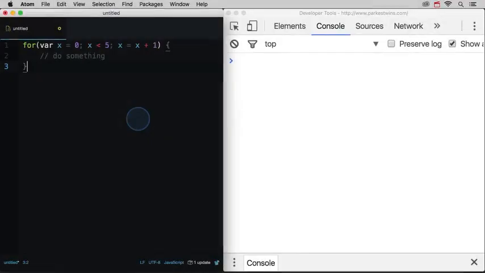With loops, you often need to increase or decrease the value of a variable in order to step through the loop. For instance, with this loop, we're using x equals x plus 1 to increase the value of x by 1 before it starts the next iteration of the loop. With JavaScript and many other programming languages, there's actually an increment operator that gives you a shortcut for doing this